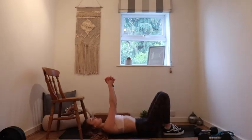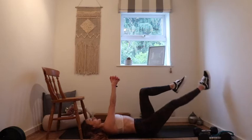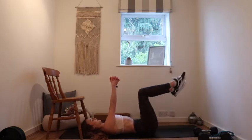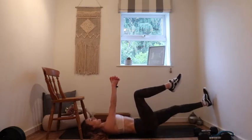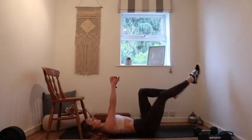Interlace your fingers above your head. Bring your legs to that 90-degree angle that we had before. Take an inhale. Exhale, right leg extends. Come back up. Left leg extends. Come back up. We're going to do 12 in total, so that was 2, 3,